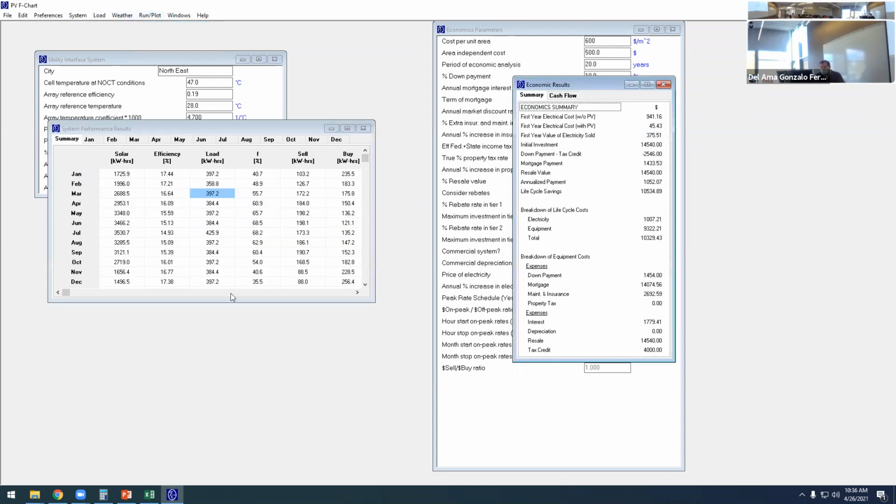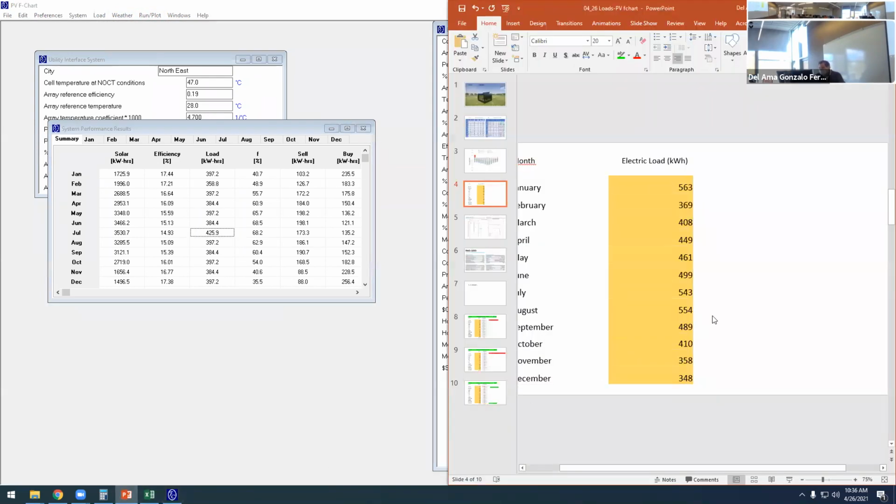I calculate it again. And now loads in July are getting better. So this is 425 and should be 540 something. Okay, so we have to adjust this. I told you that this is painful because we have to make sure